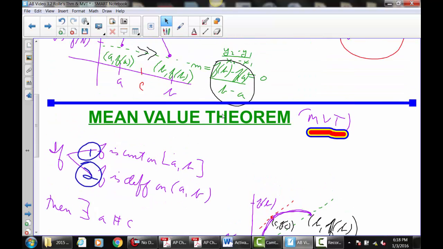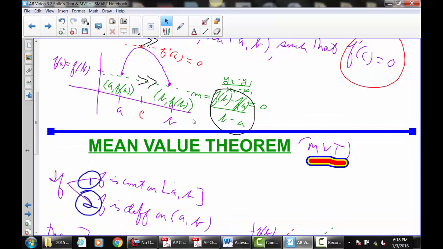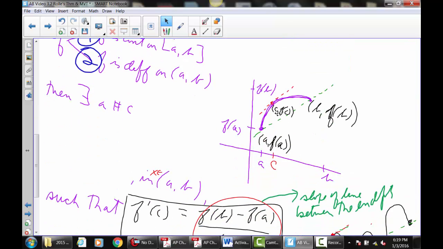It's like taking this example right here and tilting it. When we say f prime of c equals 0, notice that the slope between the two endpoints, since f of b and f of a are equal, is 0. So basically what you're saying is that the slope at this location here is going to equal the slope between the endpoints. So what we're saying here is not that there's a horizontal tangent line somewhere, but somewhere between a